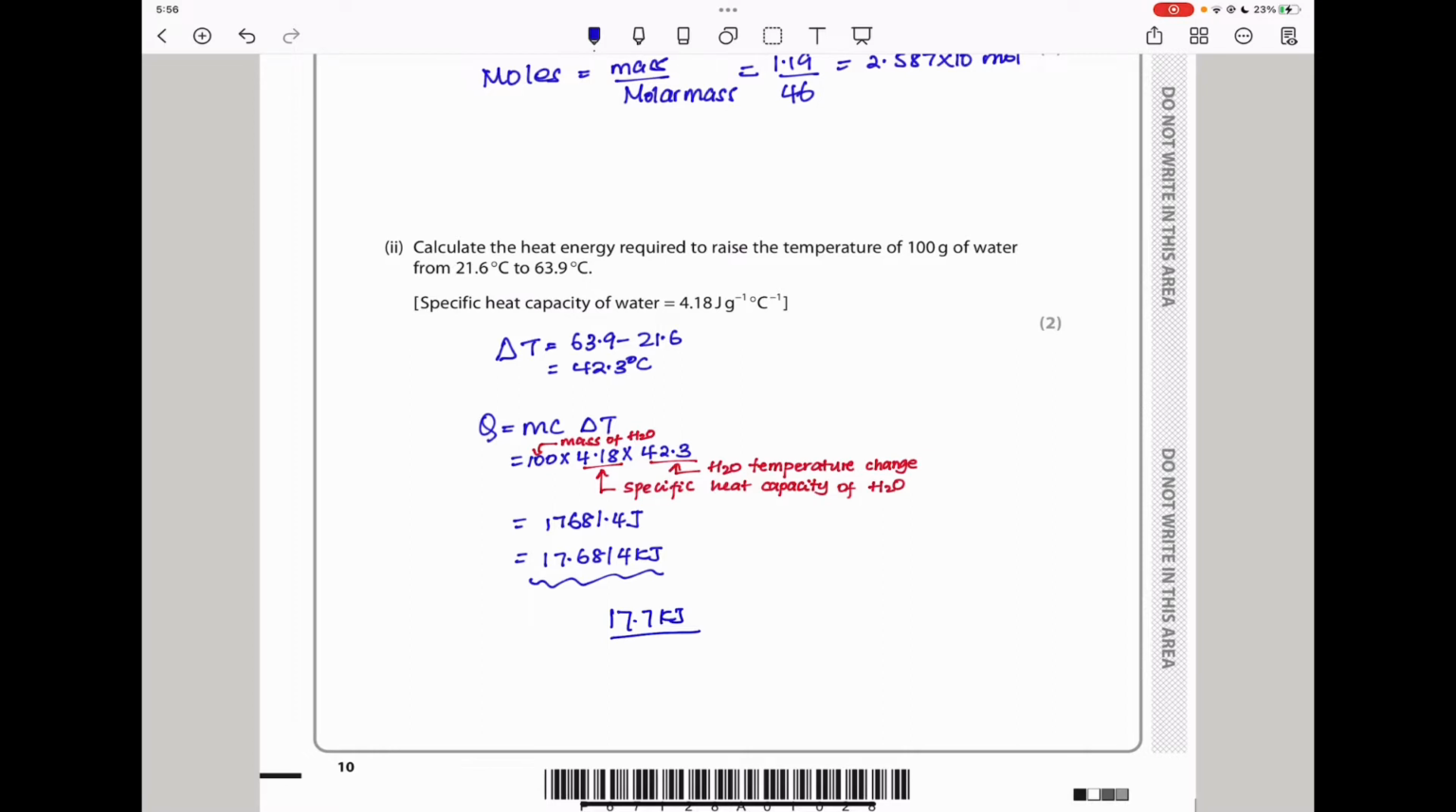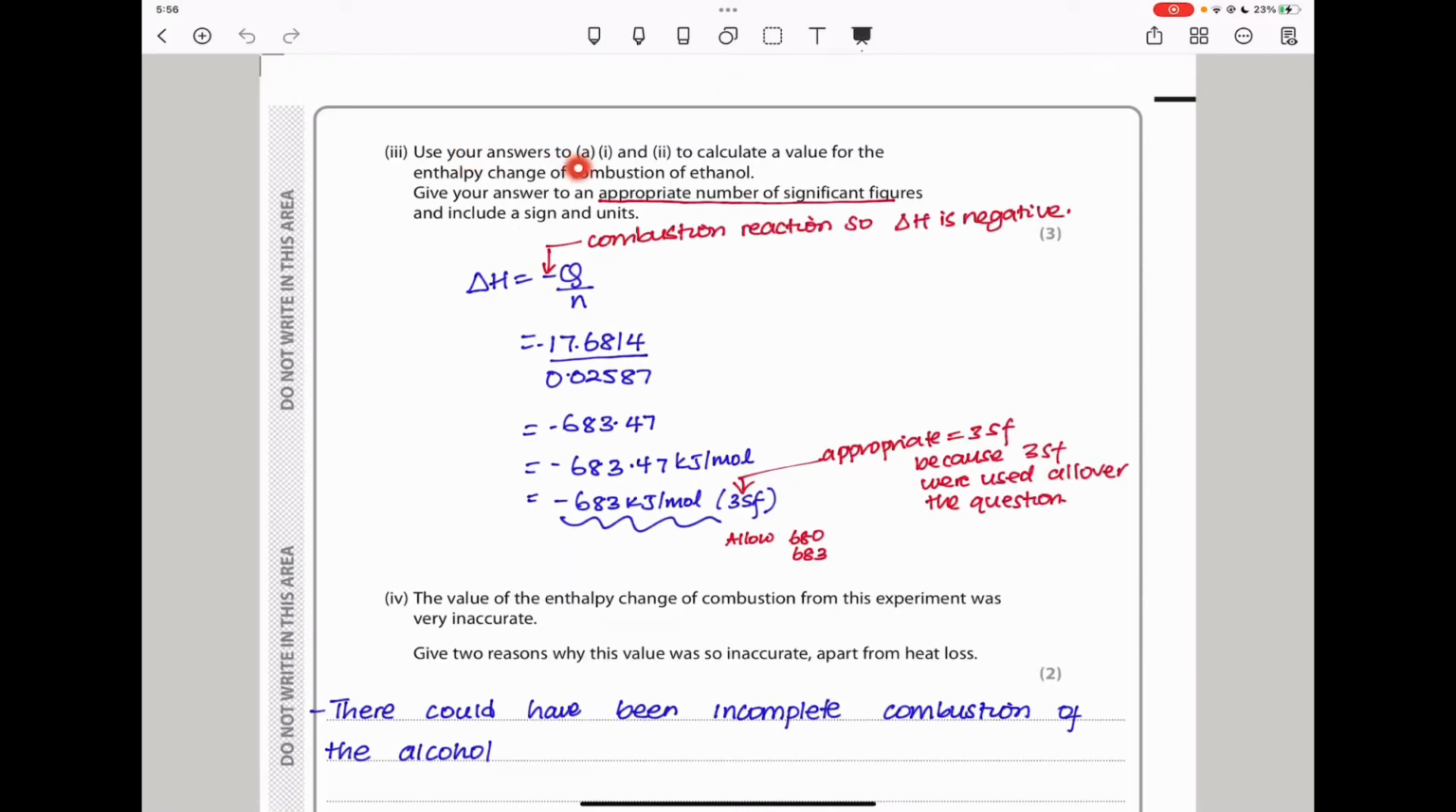So let's continue. Here they say use your answer to A1 and A2 to calculate a value for the enthalpy change of combustion of ethanol, and they want you to give your answer to an appropriate number of significant figures and include a sign and unit. So we know this is an exothermic reaction because the temperature increased. So it means the delta H is going to be negative Q over N. And if we substitute the Q we have got previously, it is negative